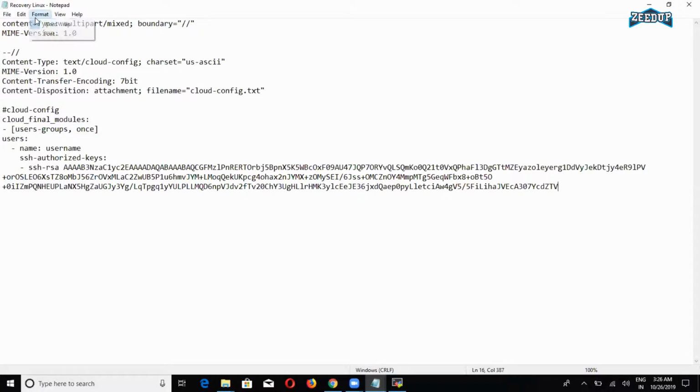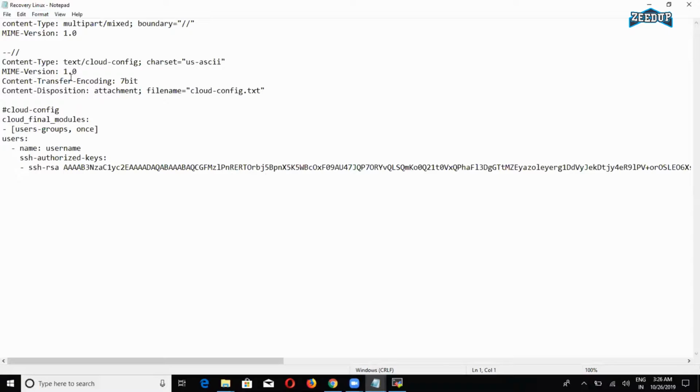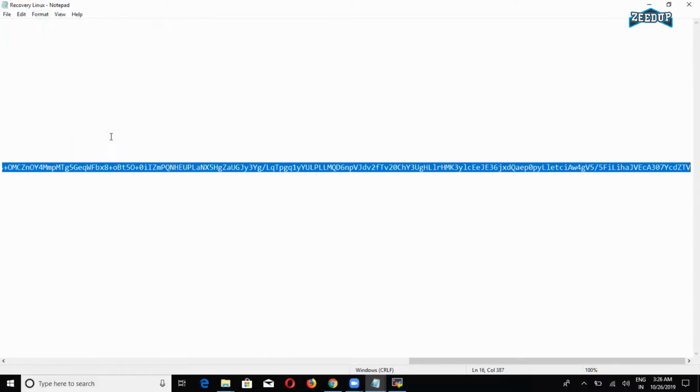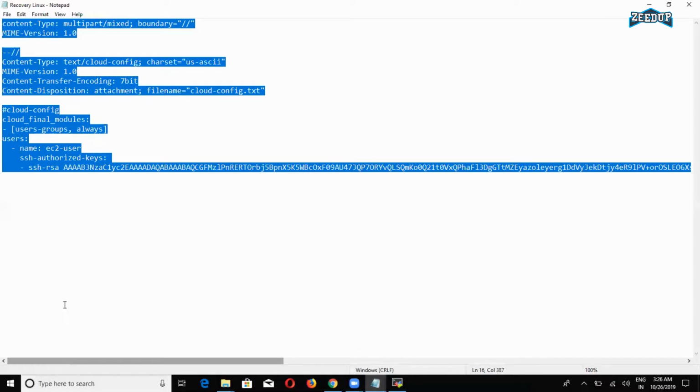So here, the SSH authorized keys, I need to copy that one. And make sure this SSH authorized key is in a single line. And here I'm going to modify this to always for the cloud config file, because always is best, because every time it will go and check whether the key is properly loaded or not. And the default username for a Linux instance is ec2-user. Okay, so copy this one,